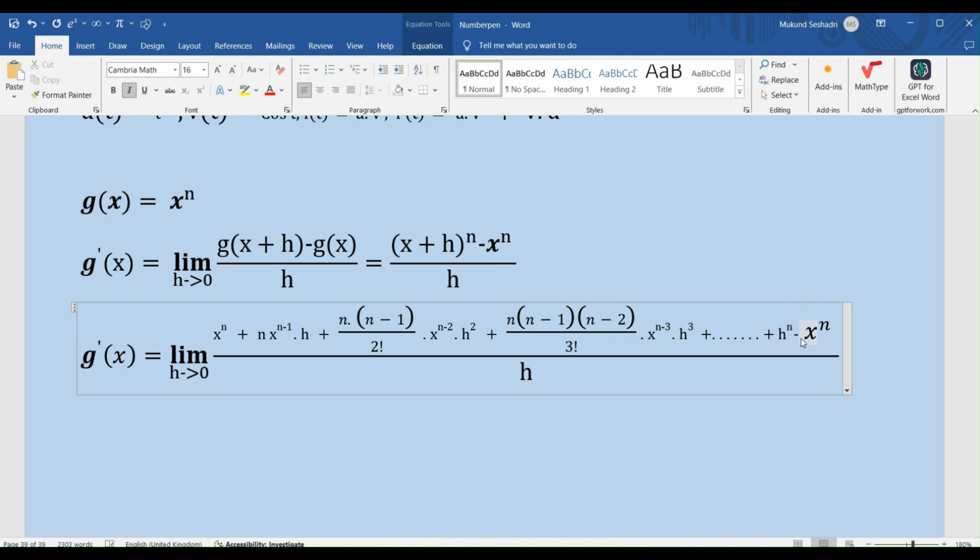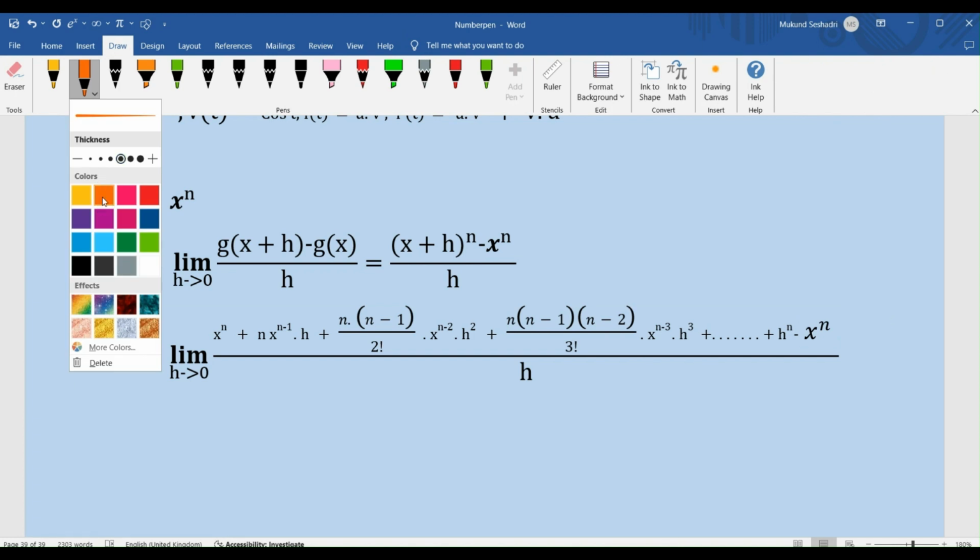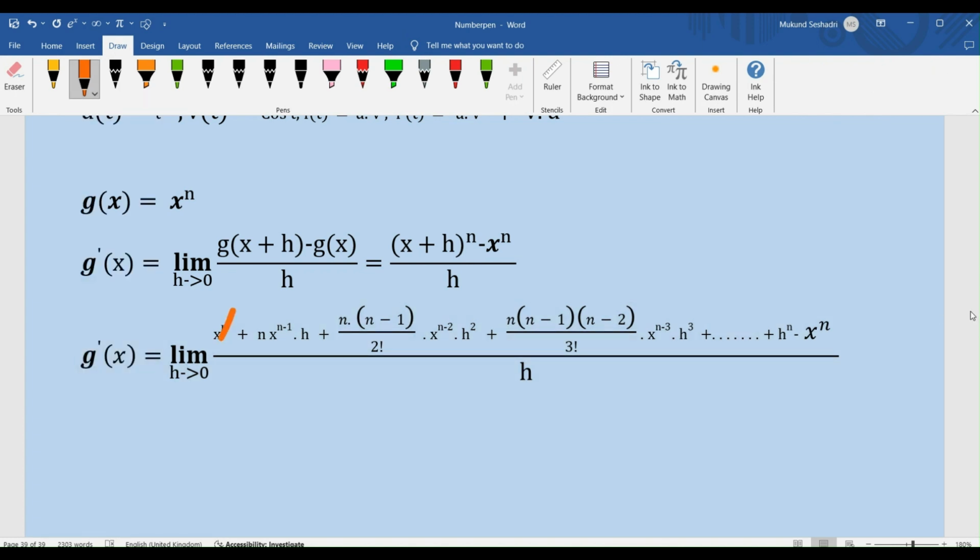And then remember we still have the minus of x to the power n here, right? So I can cancel out my x to the power n, right? So I can cancel out this, and I have my